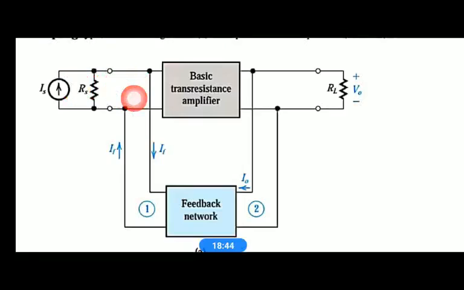So you can see here the sampled output voltage taken by the feedback network is in shunt with the load resistance RL. So there is a shunt connection at the output and there is a shunt connection at the input also. So this topology we call a shunt